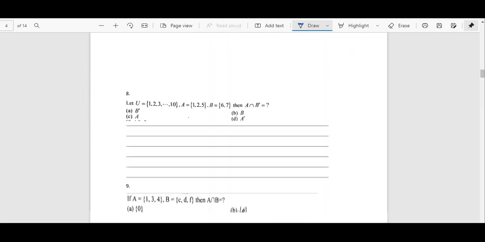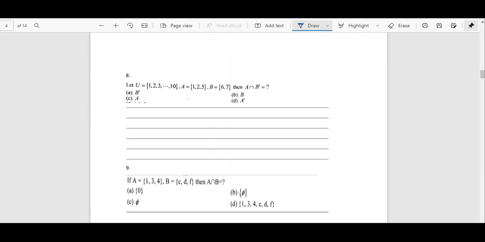All right, now let's talk about the eighth question. Here the universal set is defined as 1, 2, 3 till 10. We have 10 elements in this set, and A has 1 to 5 and B has 6, 7 only. Then A intersection B complement. So what is A? A is 1, 2, 5. A intersection